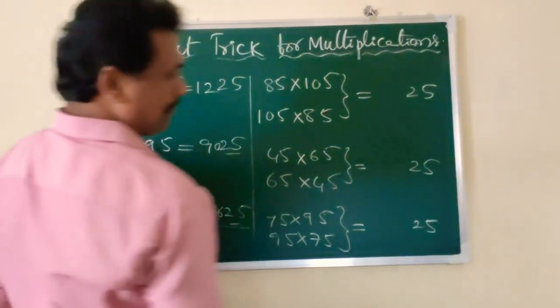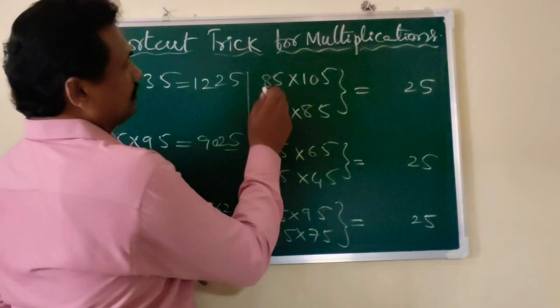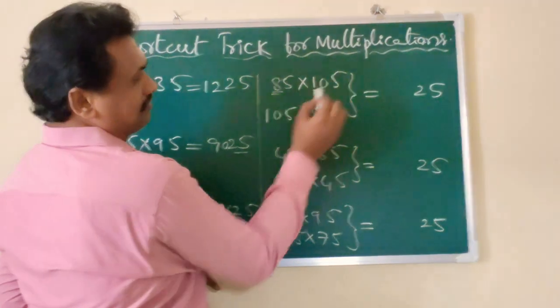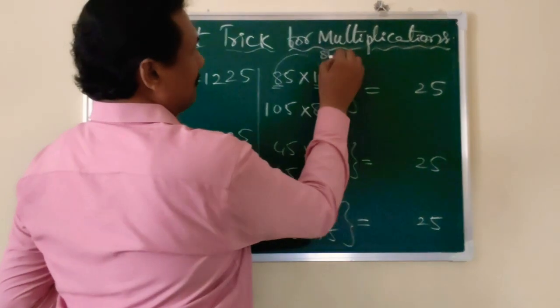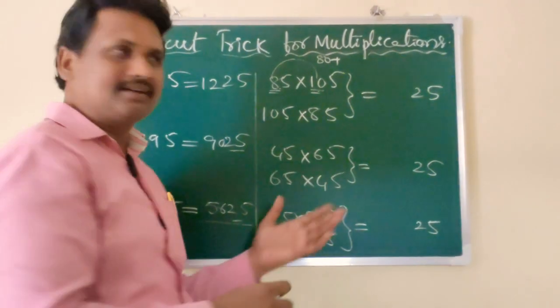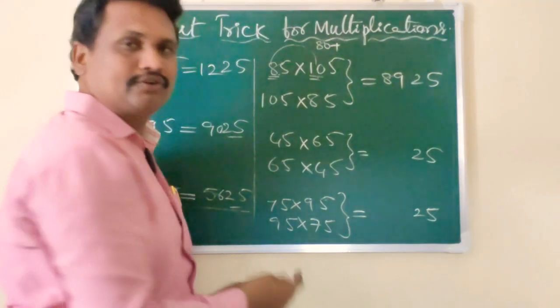The last two digits are okay. Now, how to identify the first part easily, I will say, listen. For example, when you notice a 20 difference, take 8 and 10. What is 8 into 10? 80, plus the number between 8 and 10, that is 9. Add that: 8 tens are 80 plus 9. 89, and then 25. So 8925.